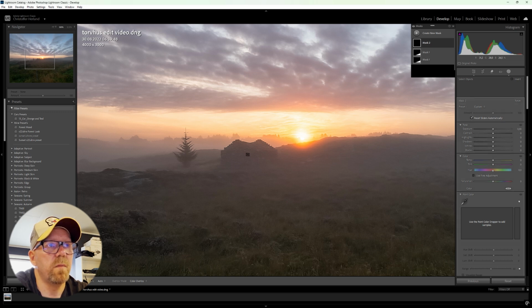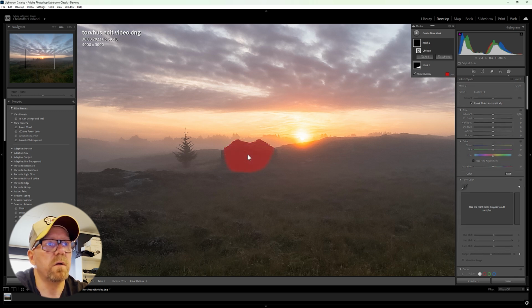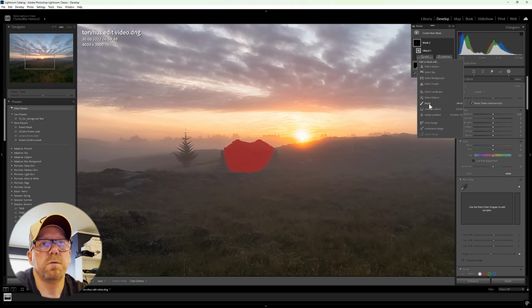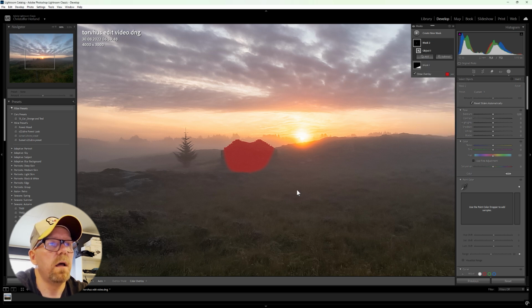I think it's going to do a better job than me with the circular gradient. Not too perfect, but what you can do here, you have add or subtract. So what I can do now is push add, choose brush, and then